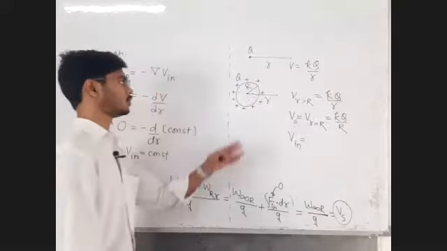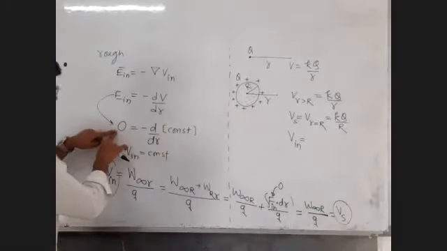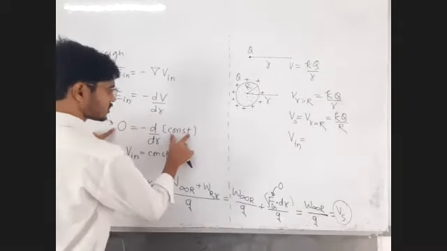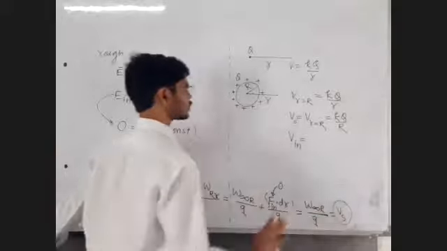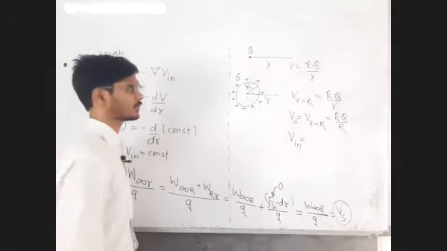And you already know that inside electric field is 0. If inside electric field is 0, inside potential must be a constant value, and that constant value is equal to the surface potential value. Up to this point, reply in the chat box. Agree, disagree.